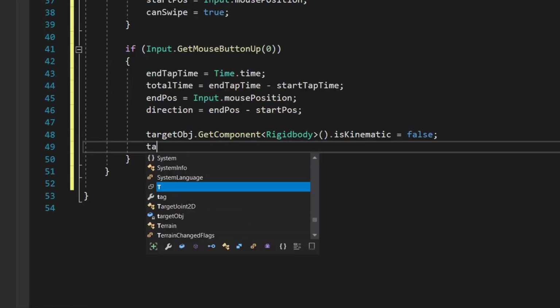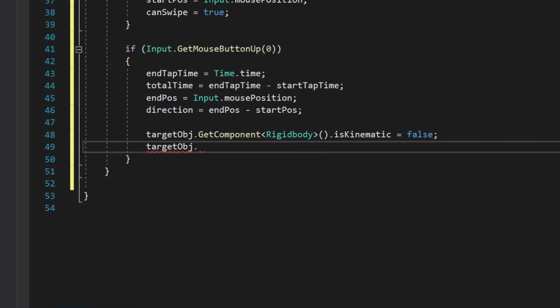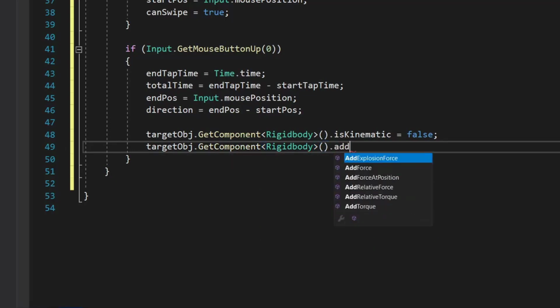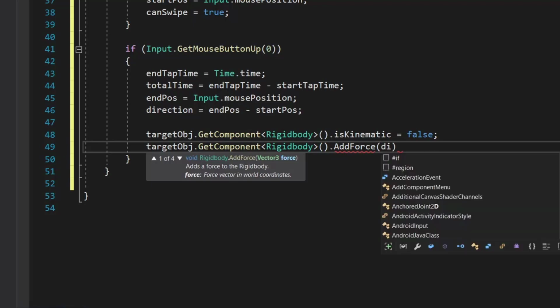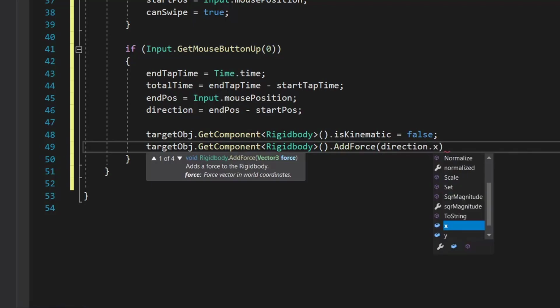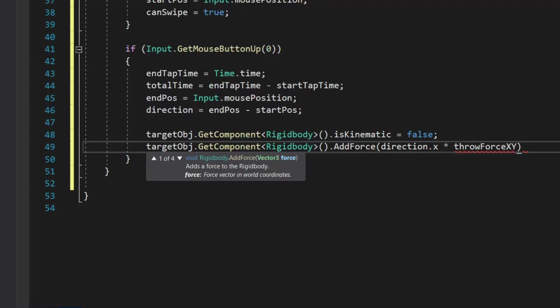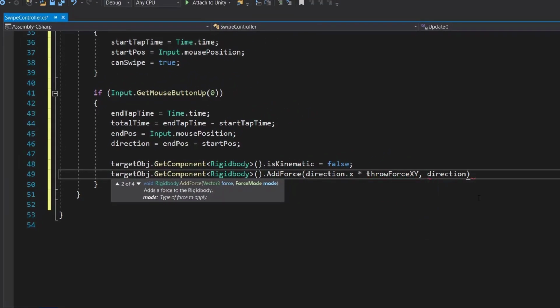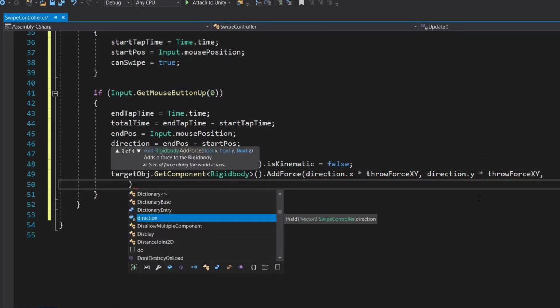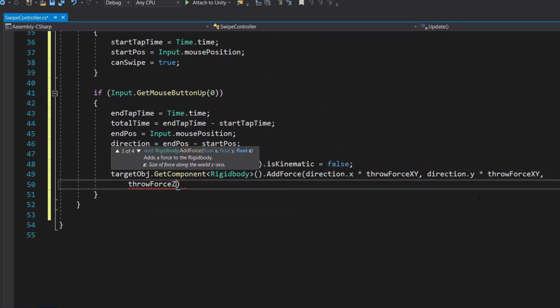Then we need to add force to our target. So we will set our target object.GetComponent Rigidbody.AddForce. The x will be direction.x times throw force xy, y will be direction.y times throw force xy, and our z will be throw force z divided by total time.